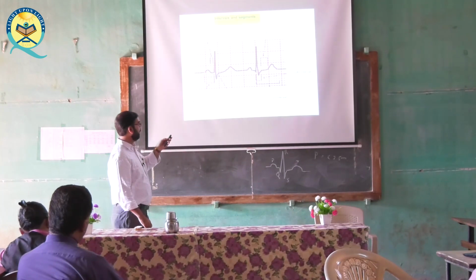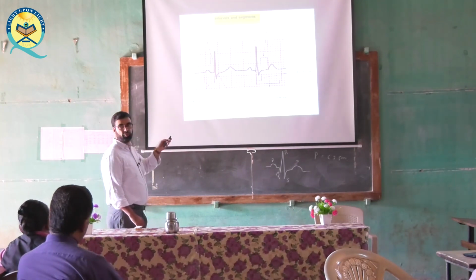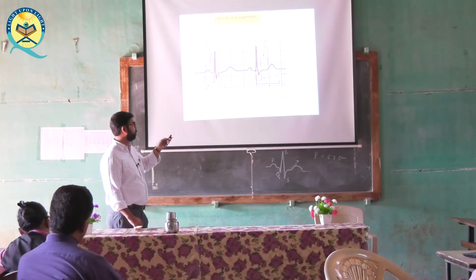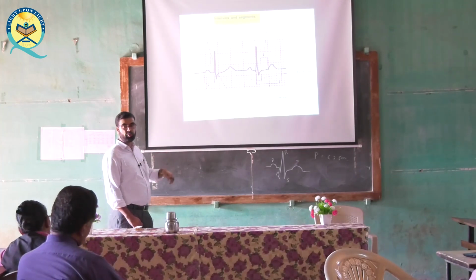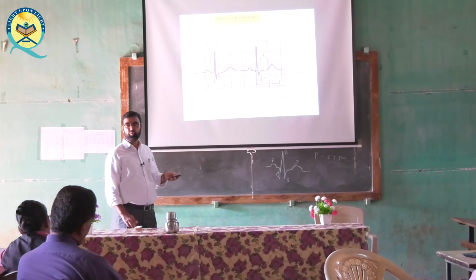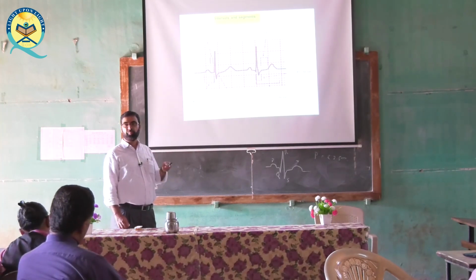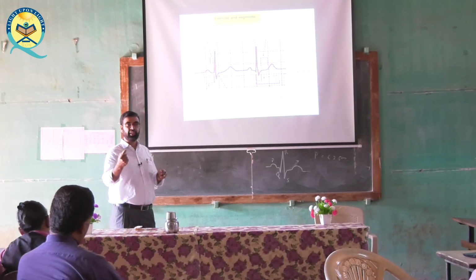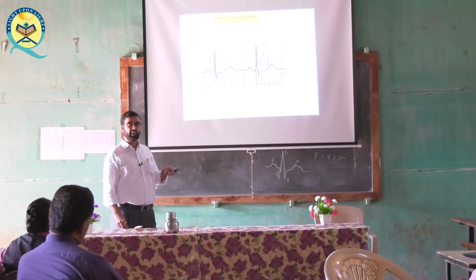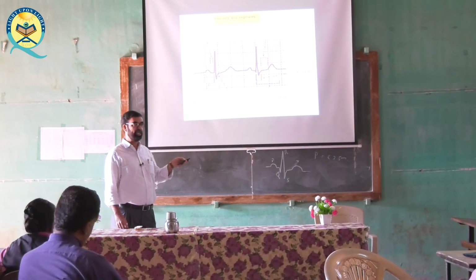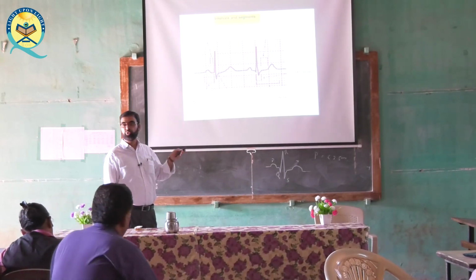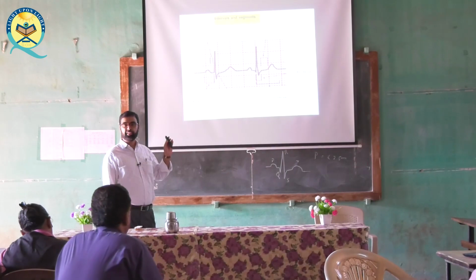यहाँ से शुरू हो गई, ये बीच में से ये बीच तक, यानी from the center of this small square to the center of the second small square, and 2 small square. Okay, so 2 small square is equal to 2 millimeter. So what I said, it should be less than 2.5 millimeter. ये for your understanding, but in the sense of seconds you can say it should be less than 0.10 seconds. It should be less than 0.10 second.